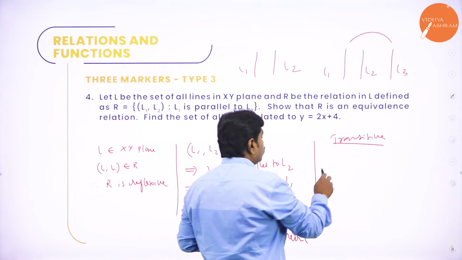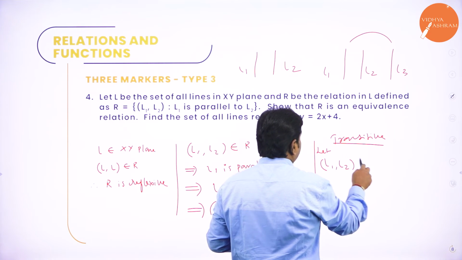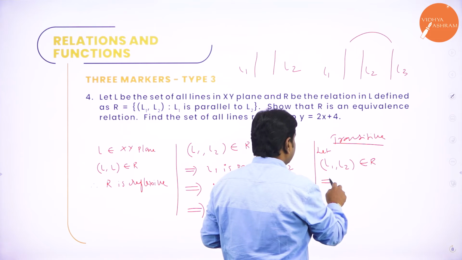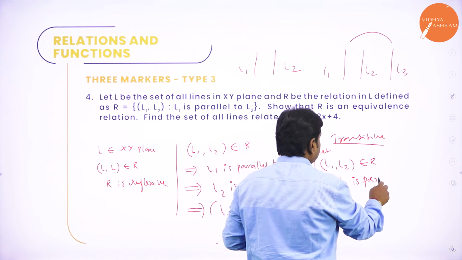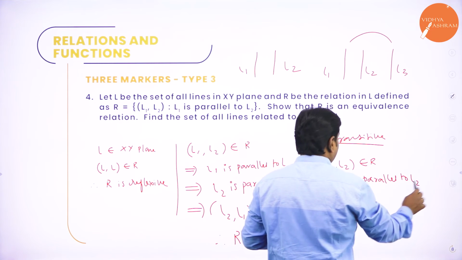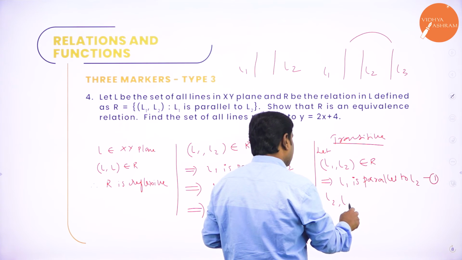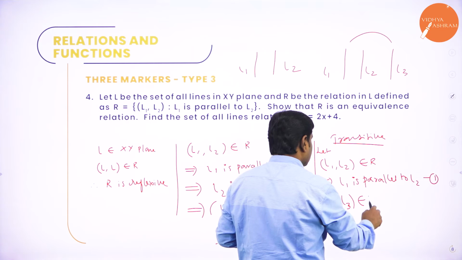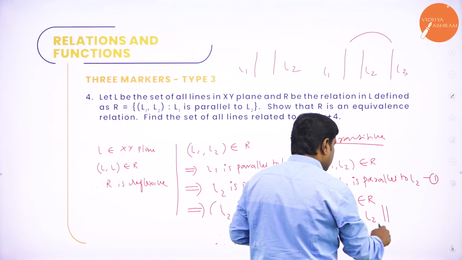So transitive: L1 comma L2 belongs to R. That implies L1 is parallel to L2, you can symbolize it also. Call it as 1. And then take L2 comma L3 belongs to R. That implies L2 is parallel to L3.